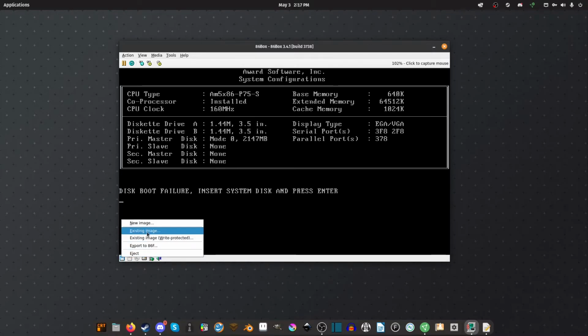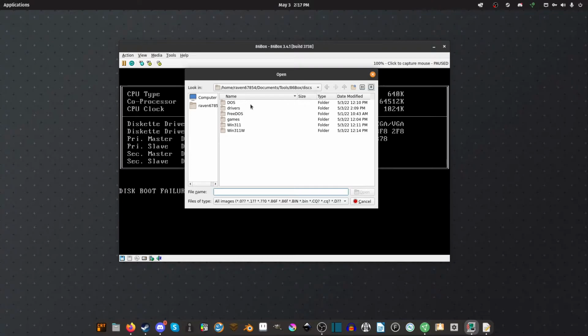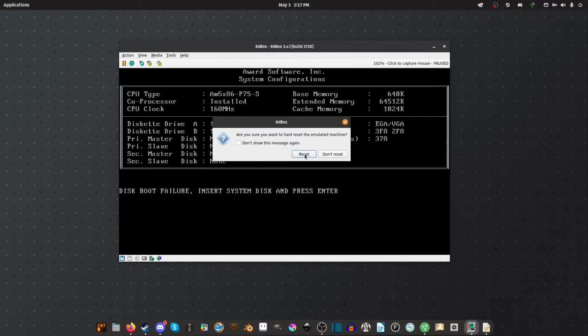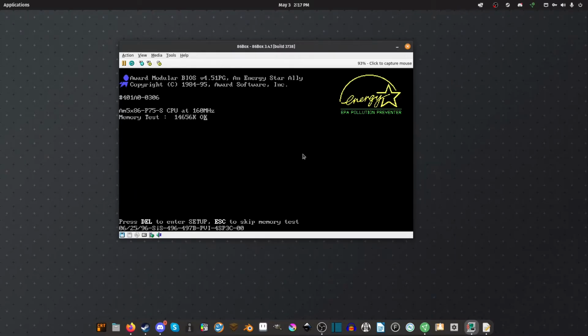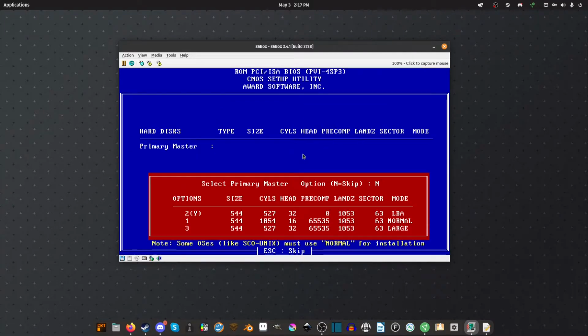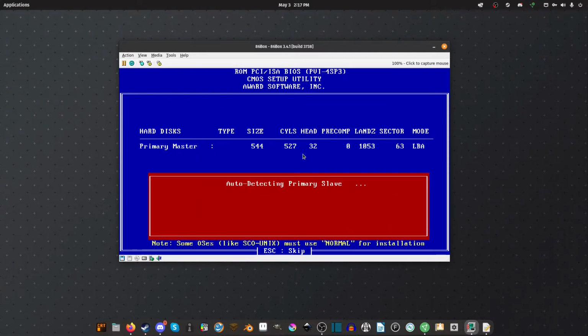Now what we need to do is select an existing image. And I'm going to go into my DOS folder here, and I'm going to select DOS1. And then I am just going to reboot the machine, do a hard reset. And I'm going to go into... You guys don't really need to do this part. This is just for me so that it displays the